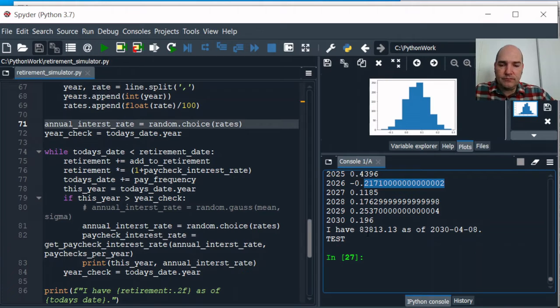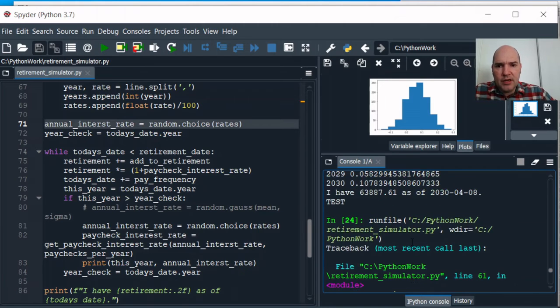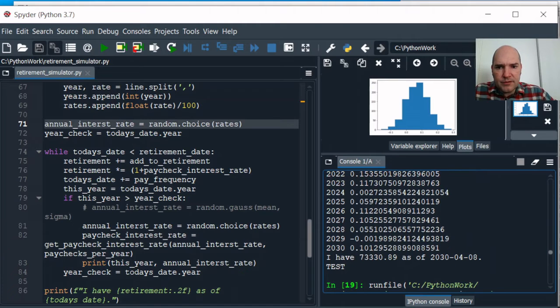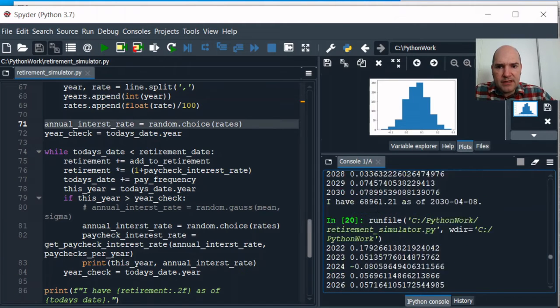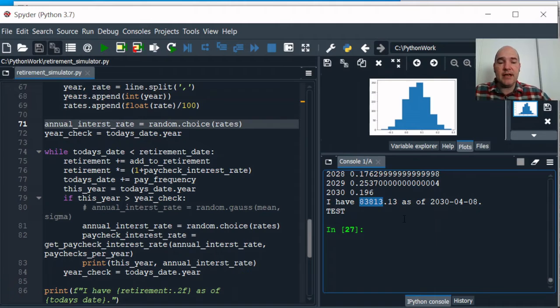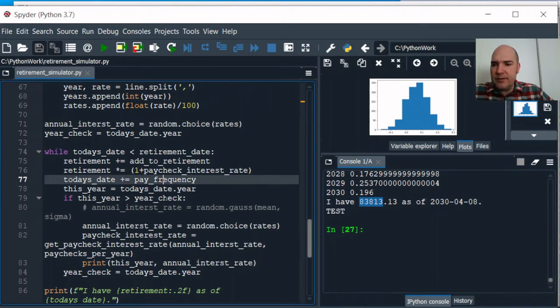So, and we're ending up with 83,813, which if we scroll way back, 73,000. It's actually kind of in line with what we expect. Here's one that was 83,000 also. So, yeah. It looks like our Gaussian distribution was actually a fair choice, and to sort of demonstrate this now,